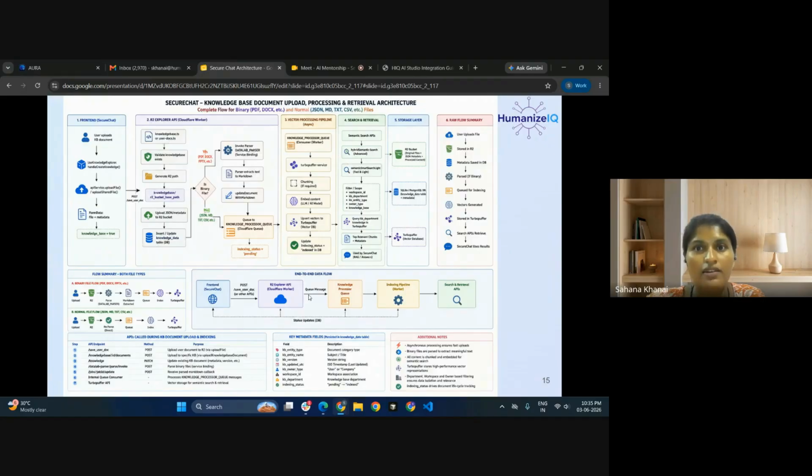But whenever you ask a question, we have a predefined set of API endpoints written in the R2 Explorer API. For RAG search, we have semantic hybrid search. It uses BM25 as well as semantic search. That's why we named it hybrid semantic search.